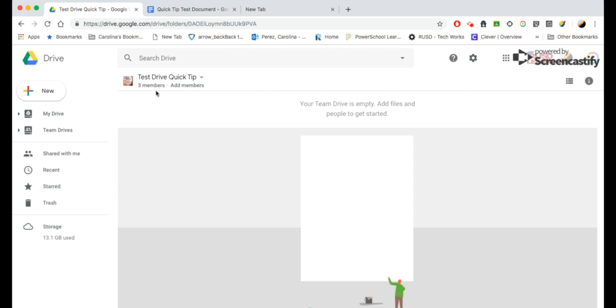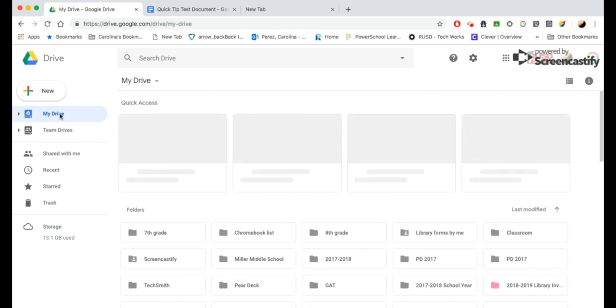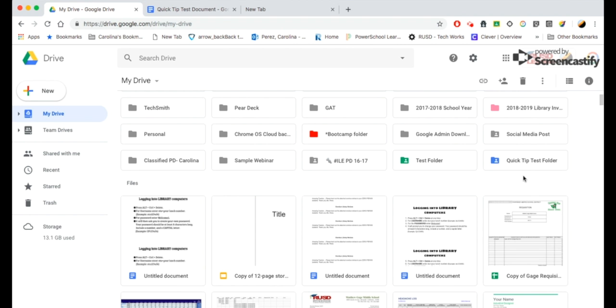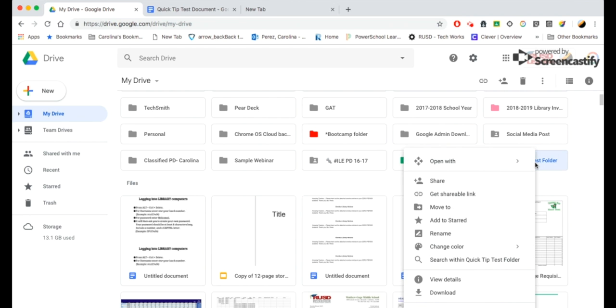So what I can do is go back to my drive. So now we're going to find the file or the folder that we collaborate with, and we're going to move this entire file or folder into that team drive that was created. To do so, right-click on the item, select Move To,